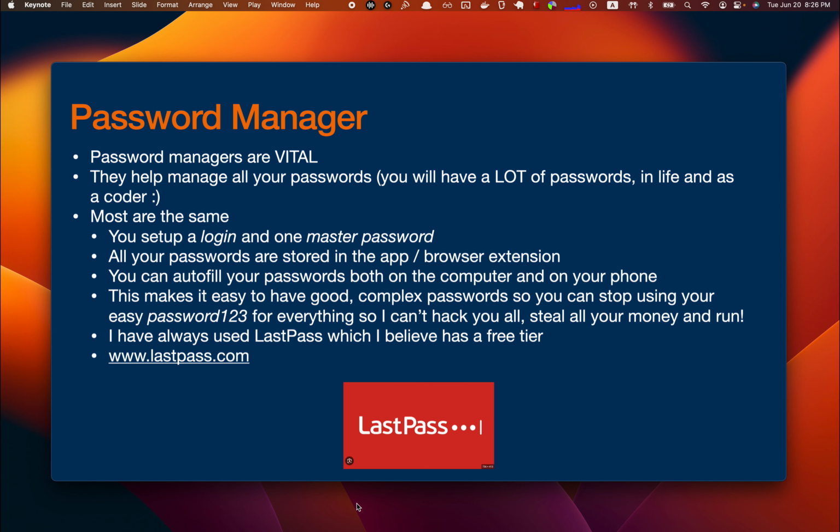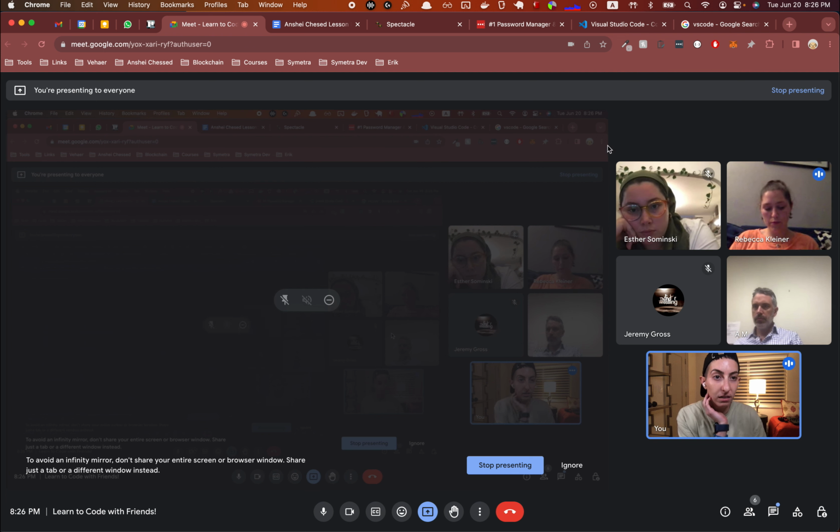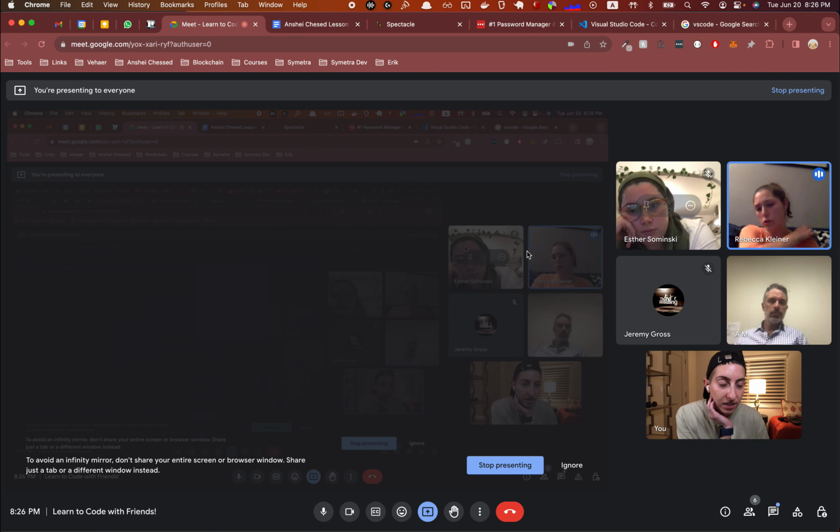So on your Mac, it's not an app, it's a browser extension. So I can also help you set that up, but it basically looks like here, it's this little thing. You put in your password and then it literally just autofills on all the websites. Very easy.